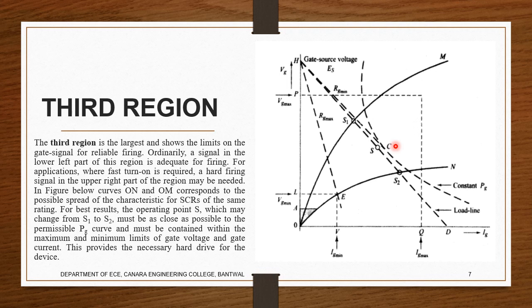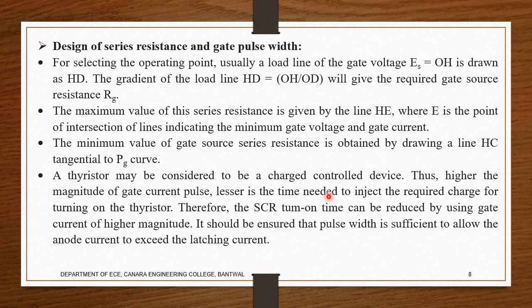So we can say an immediate fast-response turn-on can be seen in this region, and this is usually required, and this provides a maximum region for the hard drive. This rating also has to be considered when we use the SCR. So we need to note down all these things. S points, S1, S2, the permissible gate graphs. You can see here, this is the constant power curve. These are the points there. So we need to decide that.